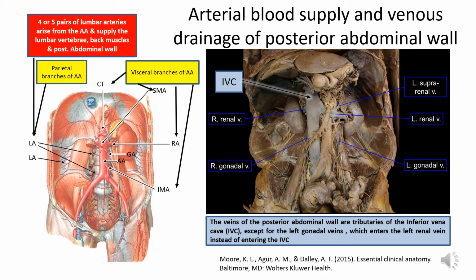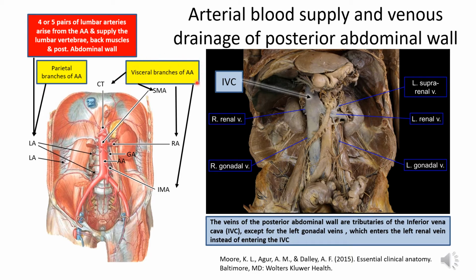Four or five pairs of lumbar arteries arise from the abdominal aorta and supply the lumbar vertebrae, back muscles, and posterior abdominal wall. They are also known as parietal branches of the abdominal aorta. The visceral branches are the arteries that supply the abdominal organs, which will be explained in the other part of